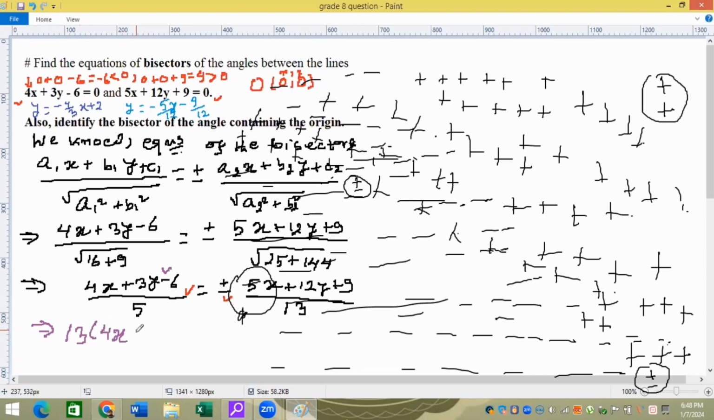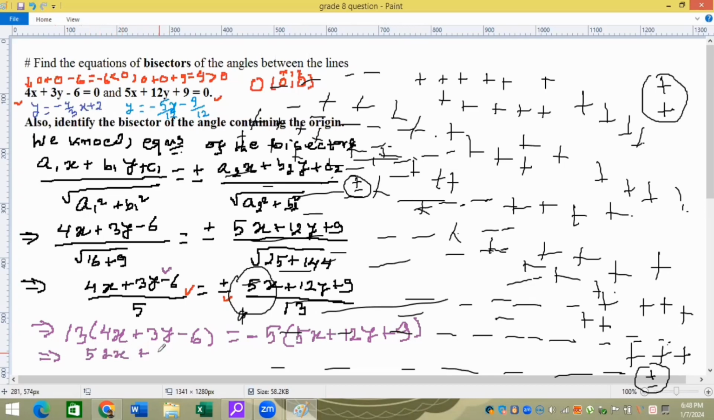4x plus 3y minus 6 equals, if you cross multiply here, so this is a negative sign, keep it here, and this is 5, it will be cross multiplied here, and then the negative sign we are taking to this side, and then this is 5x plus 12y plus 9. Then you solve it out, it is going to be 13 times 4 is 52x